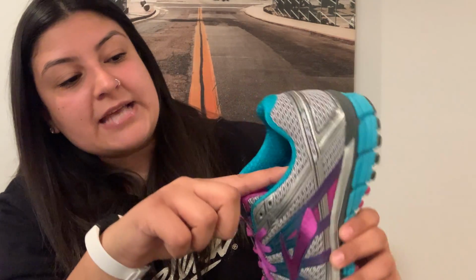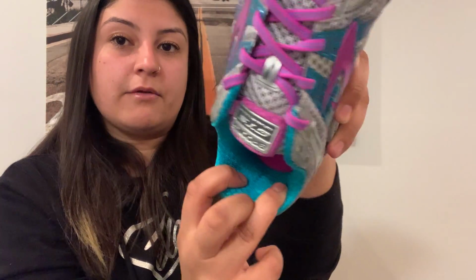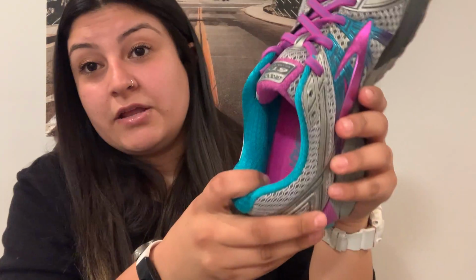You want to look inside here. You want to open up the tongue a little bit, right? You want to make sure that there are no rips anywhere. In here, back in the heel, you want to really look in there, make sure that there are no rips in there. On the inside of the shoe, also, I mentioned this in yesterday's video,